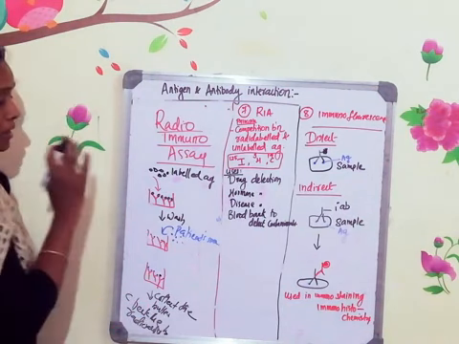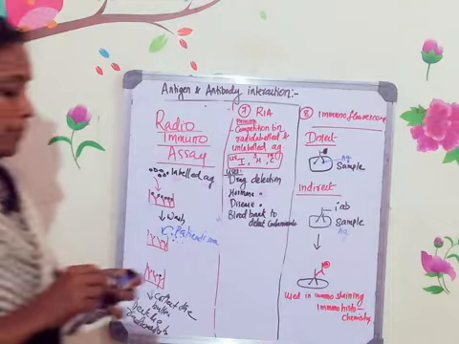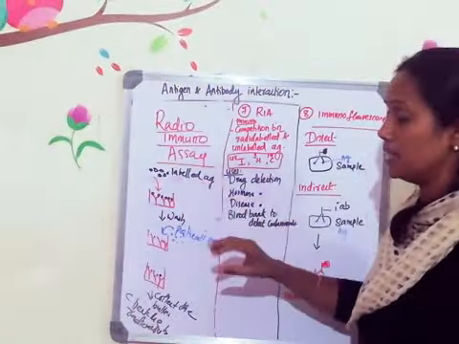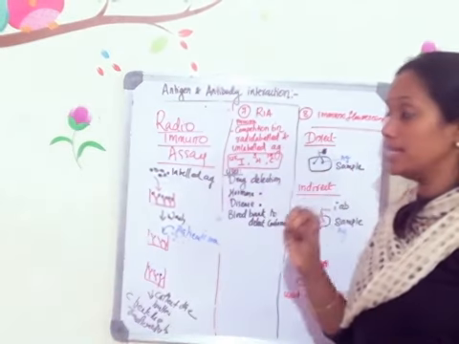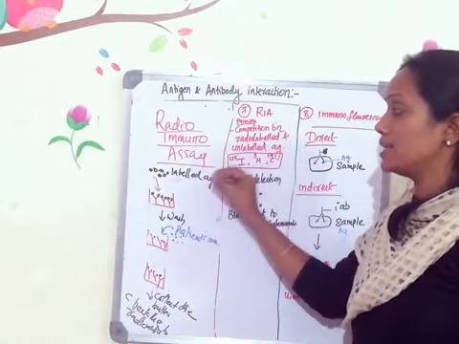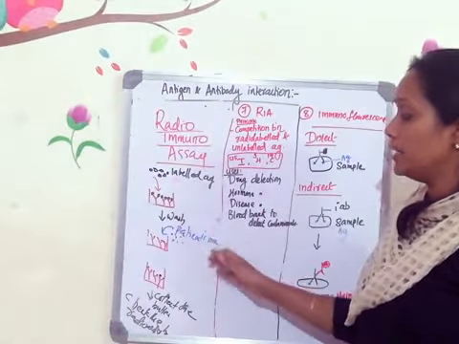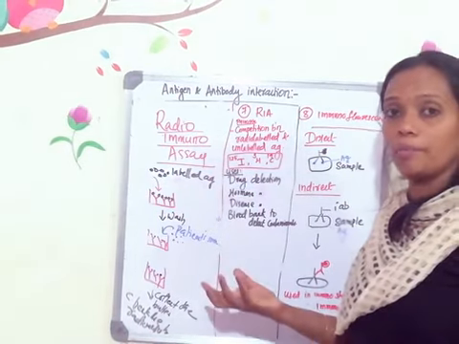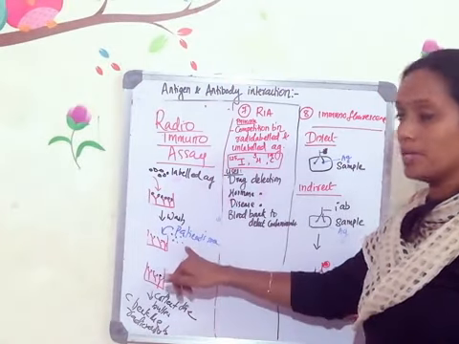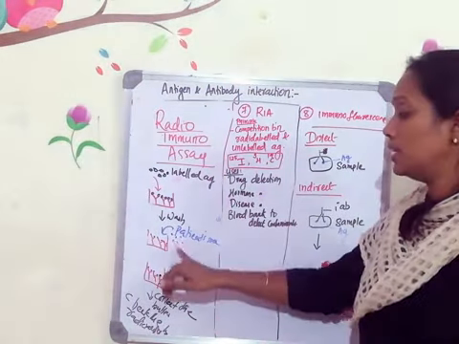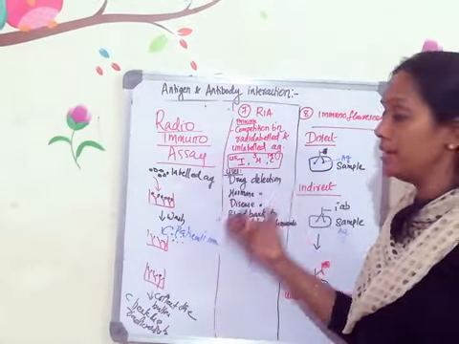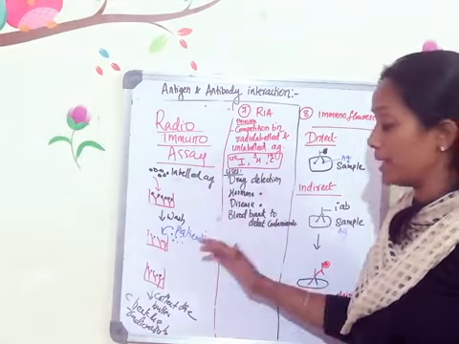Always remember that in radioimmunoassay, in the first step we add the labeled antigen. A known number of labeled antigens will be added. However much antibody you immobilize, only that many labeled antigens will be added here. Then you add the patient serum sample. We don't know how many antigens are there. When you add that, there will be a competition. In that competition, the patient's serum antigens will win. They will occupy the antigen binding sites, and all the unbound labeled antigens will be removed by the washing step.